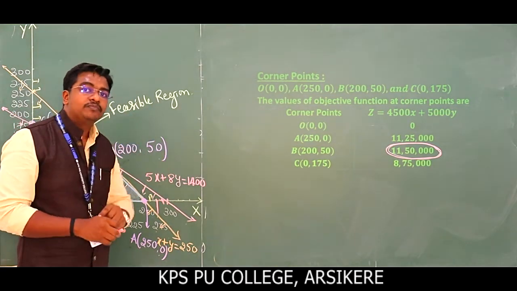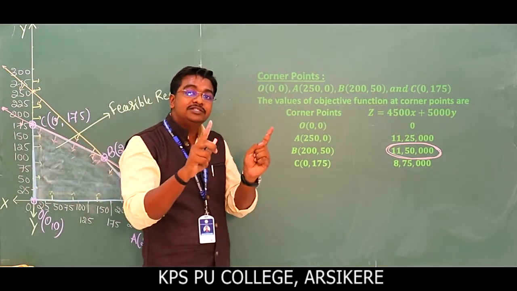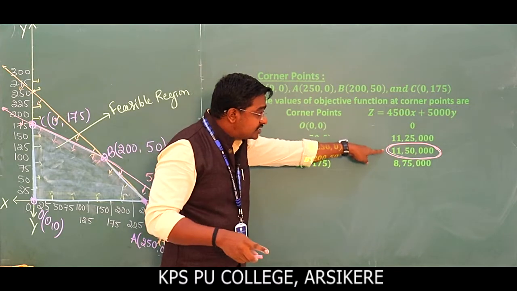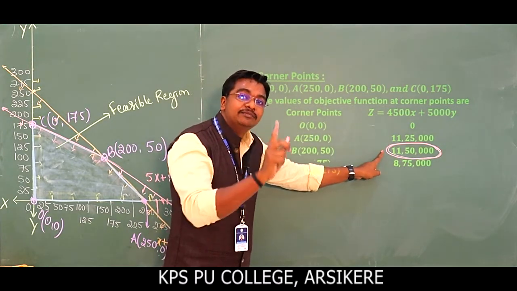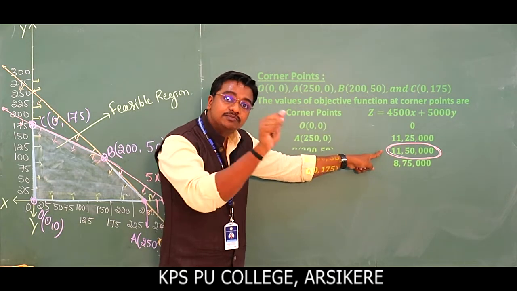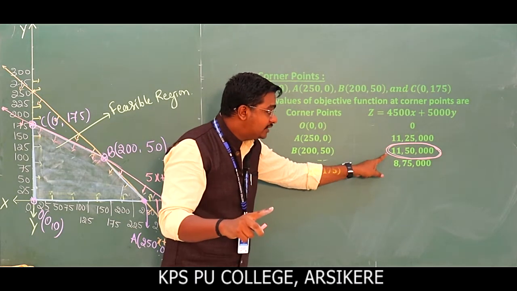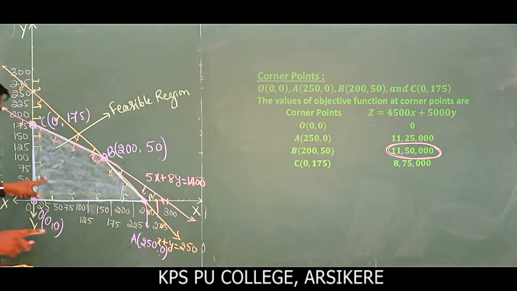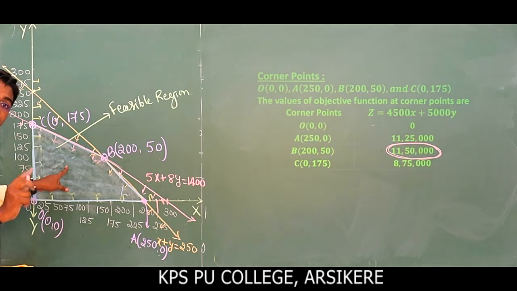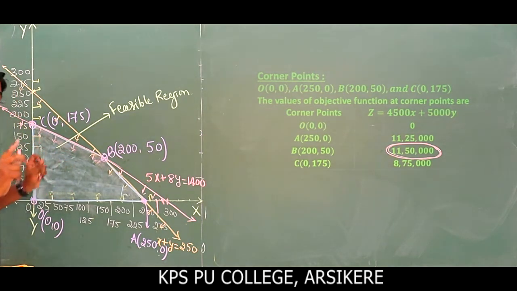From theorem number 2, when the feasible region is bounded, the largest value of the objective function becomes the maximum value, right? Similarly, for the minimum, take the smallest value. Therefore, observe the feasible region. This region is bounded, right? It is not an unbounded region. Theorem number 2 tells that when the feasible region is bounded, the objective function has both a maximum value as well as a minimum value. The maximum value is the largest value of the objective function and the minimum value is the least value of the objective function.